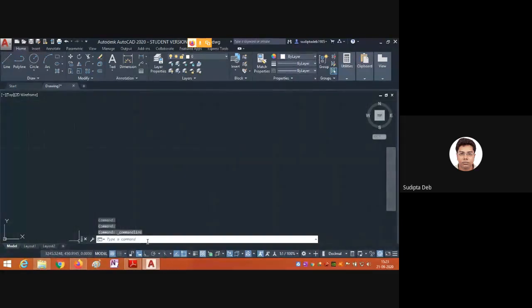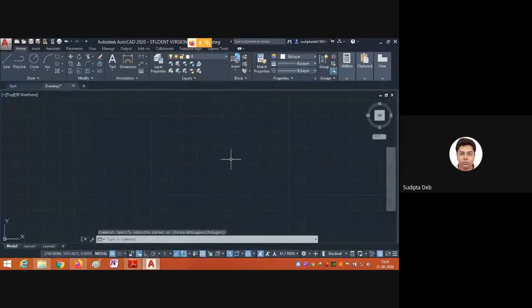Okay, now I'm going to start the drawing. The first command we want to use is line. Now I'm using the short form L, enter. So every time you need not click in the command line, you don't click. My cursor is here, you just write down the command.